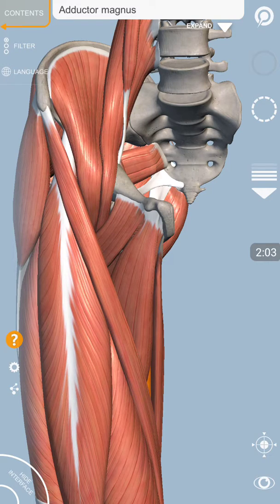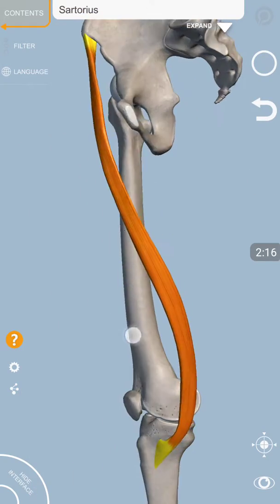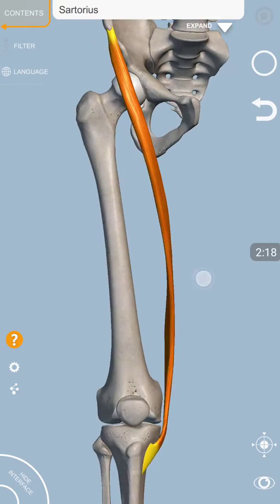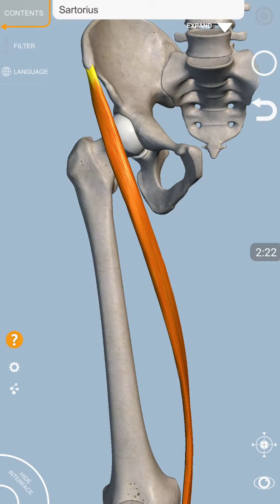So the lateral boundary of the femoral triangle is formed by the sartorius muscle, the medial border of the sartorius muscle. Now this is the sartorius muscle. Here you can see this muscle, strap like and thin, this is the sartorius muscle. This sartorius muscle originates from the anterior superior iliac spine along with the